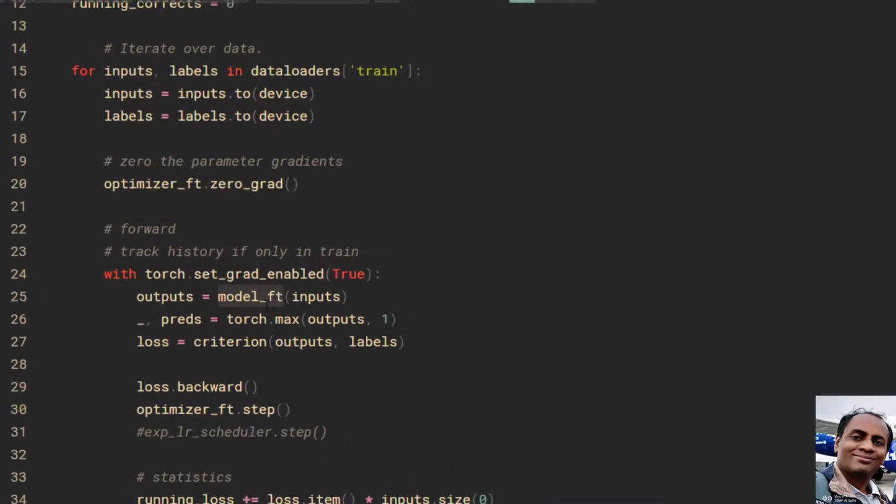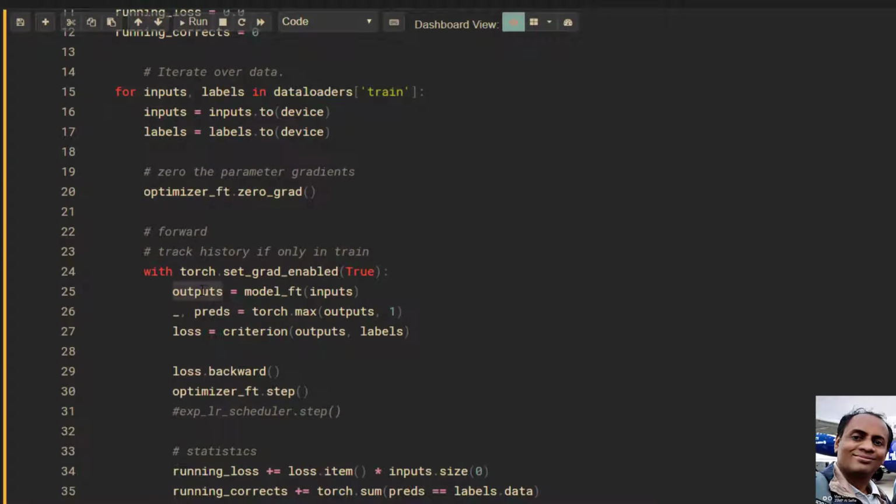Here we are passing the image through the model and I get outputs. Because we have 2 labels, we get 2 numbers for each image, and the index of the max gives me the label that we are looking for. So we get 4 sets of 2 numbers, and the index of the max gives me 4 labels. Max of the indices, because that gives me the prediction.